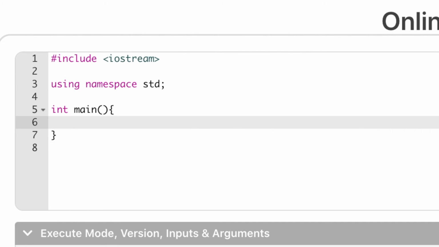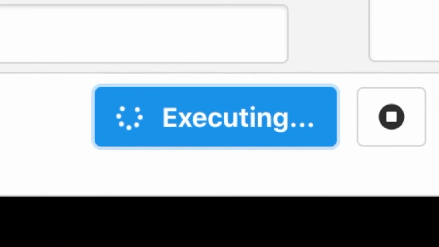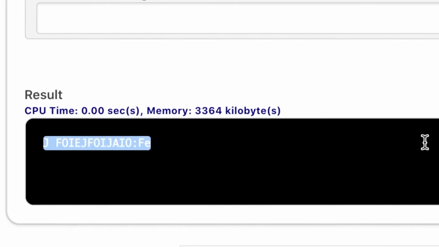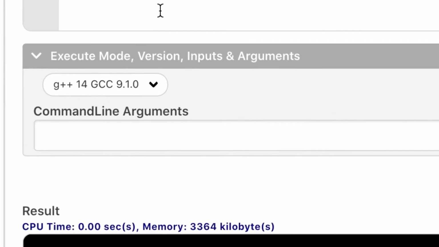Then we don't necessarily need this, but just to see if we did the other things correctly, cout, and let's just print some random thing and execute. It's taking a while, and yeah, there we have it. So try doing that on your own. Just reload,